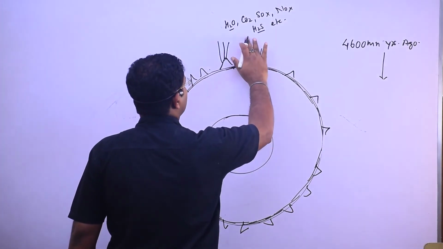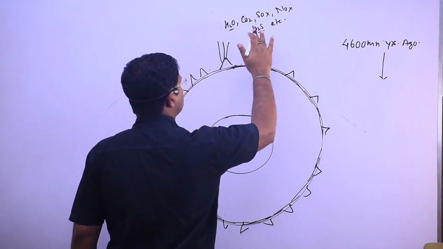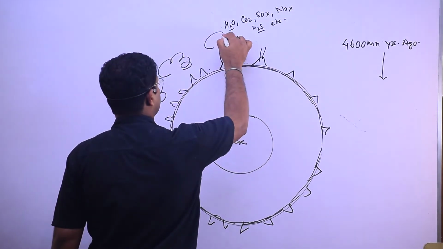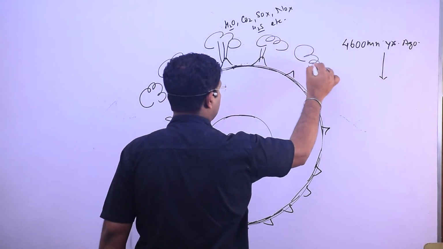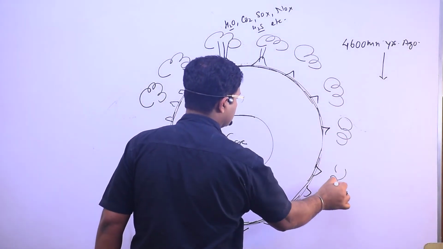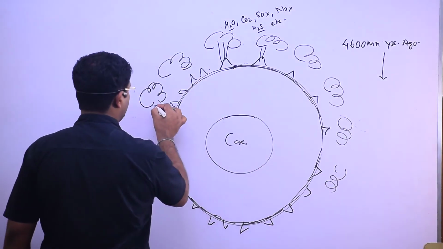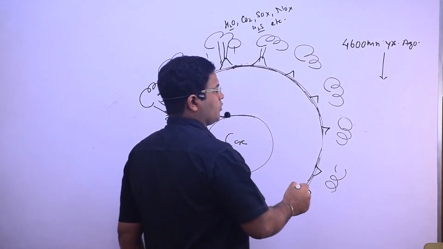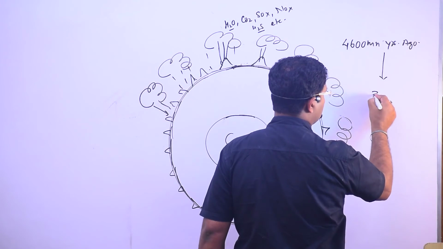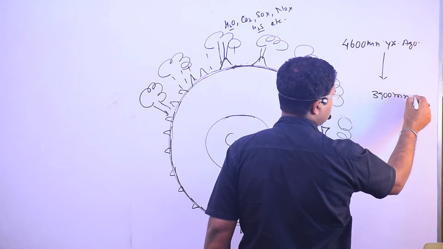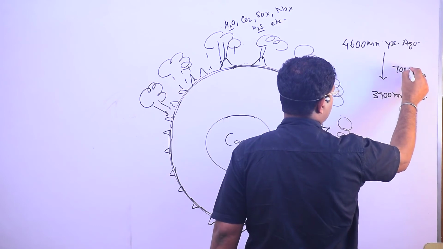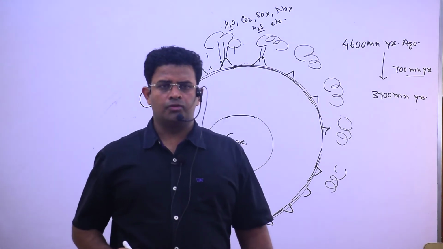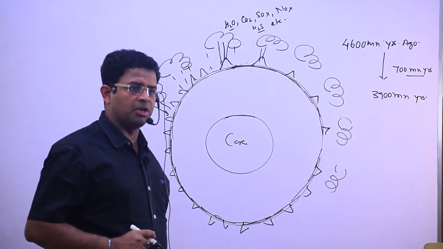And slowly and slowly, out of these gases, especially water vapor, along with some other gases, converted into cloud, and they cause torrential rainfall. So from 4600 million years to 3900 million years, for around 700 million years, this phenomenon was happening. Rainfall was continued,